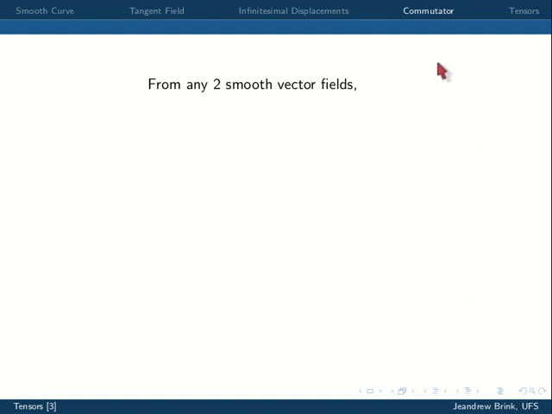So the commutator is not formally the same thing, but the fact that the two can eventually be drawn together comes very much from the idea of a commutator. What the commutator does, in some sense, is look at the difference of the action of two vector fields. For example, if you think of Rn, suppose you have a function and you take the derivative of the function in one direction,